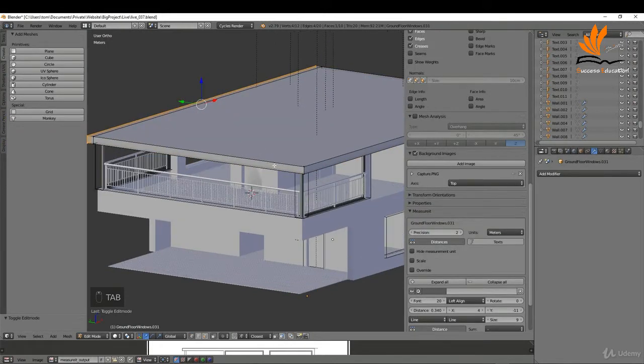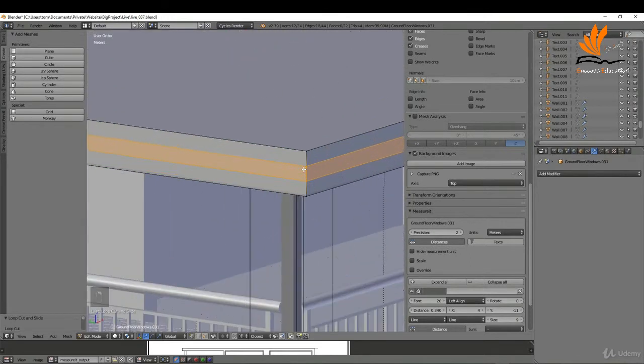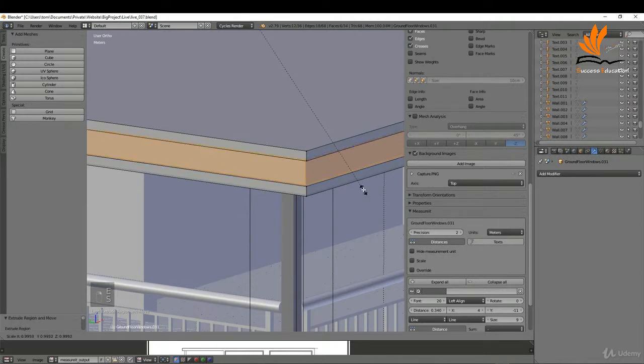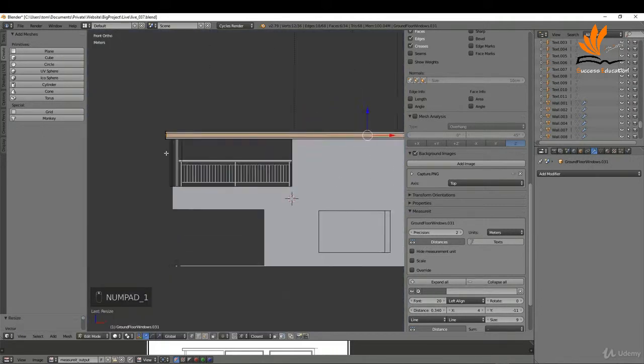And what I'd like to do is add two edge loops here. So I'm going to press Ctrl R and roll the mouse wheel and left click and right click and just zoom in here. I'm going to press S and Z and just scale this on the Z axis, maybe something like this. And I'm going to press E, right click, and press S and just scale this inwards ever so slightly. So if I press 1, I can come around here and just take a look at